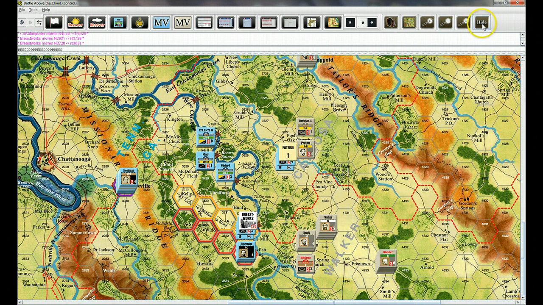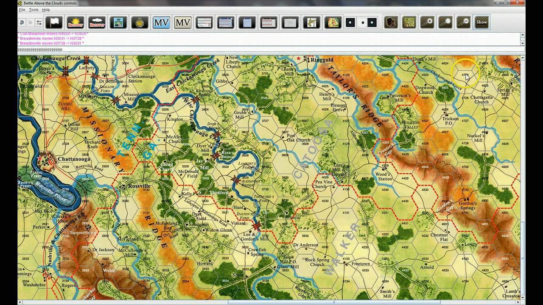Let's talk a minute here. I'm going to hide the units and give you a quick overview of the different terrain. As you can see here in northwest Georgia, near Chattanooga and Chickamauga, there is quite a variety of different terrains. Most of the terrain involved with these particular scenarios is focused around Chickamauga Creek